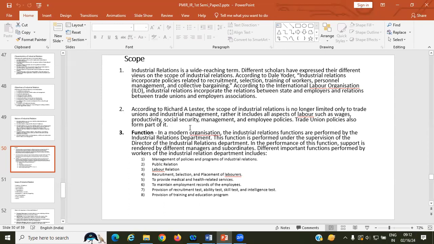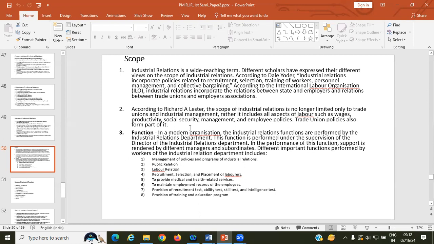In a modern organization, the industrial relationship functions are performed by the industrial relationship department. These functions are performed under the supervision of the director of the industrial relationship department. In the performance of these functions, support is rendered by different managers and subordinates. There are some important functions given in the list: management, public relations, labor relations,